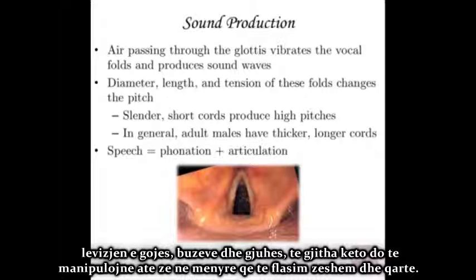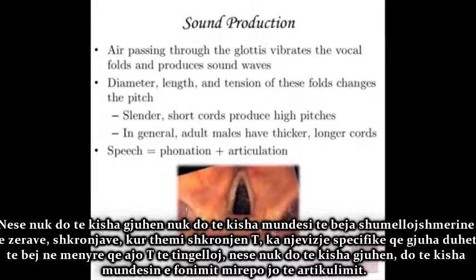Movements of the mouth, lips, and tongue are going to manipulate that sound to make speech that's audible and understandable to somebody. If I didn't have my tongue, I could not make a wide variety of noises or letter sounds. So when you make a T sound, there's a very specific movement that your tongue has to make to make that T sound. If my tongue wasn't there, I'd still have the phonation ability, but my articulation would not be there.